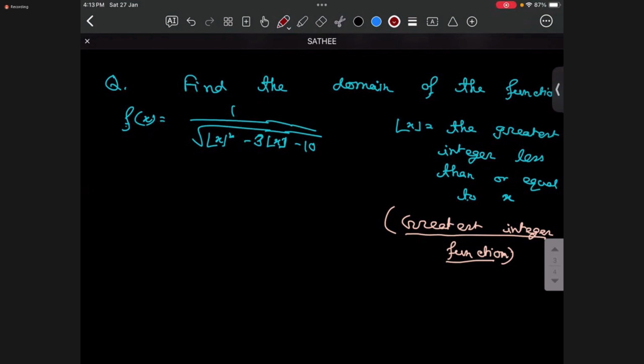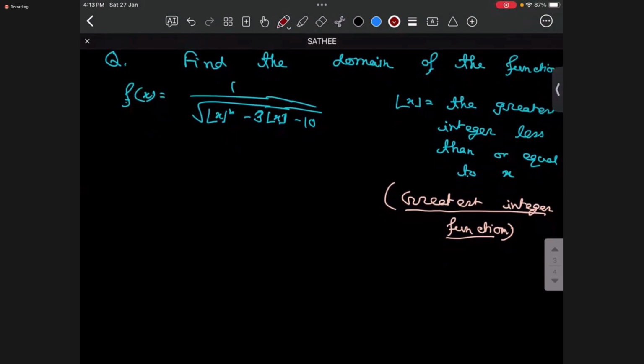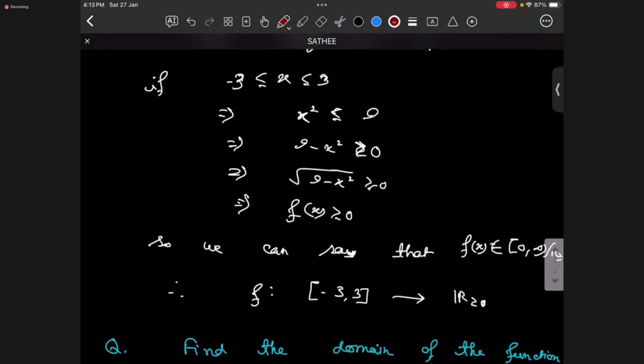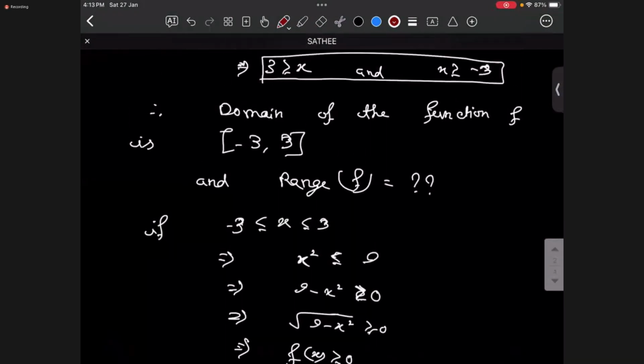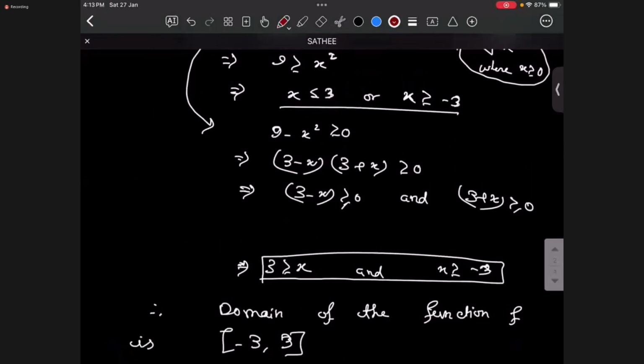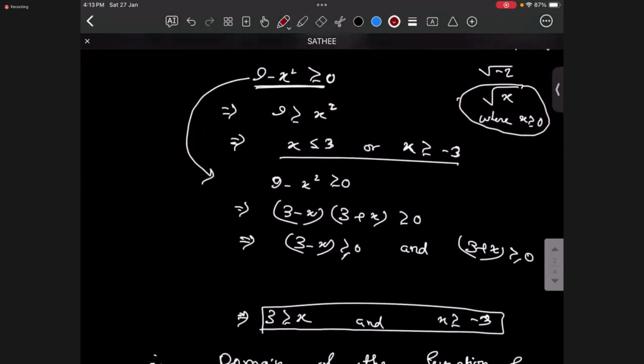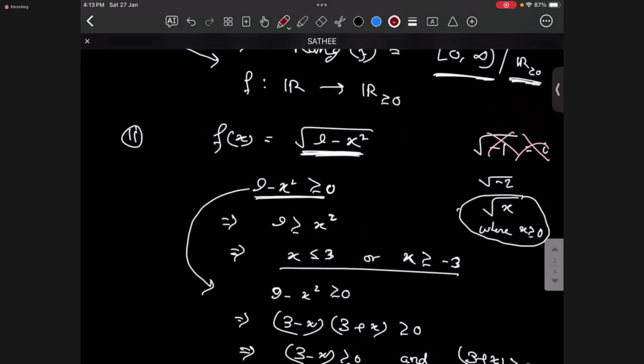So we need to find the domain of the function. So how can I find the domain of the function? Whatever we have told in the last example, whenever we see something inside the square root, and we are not dealing with complex numbers,